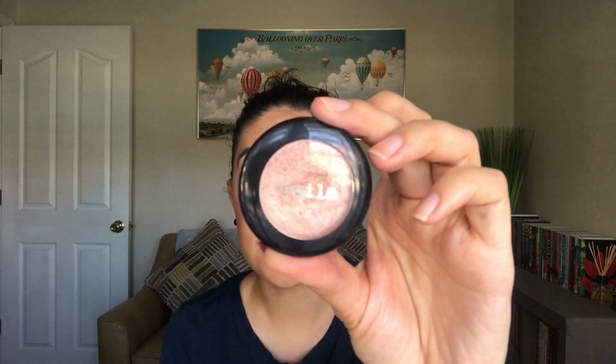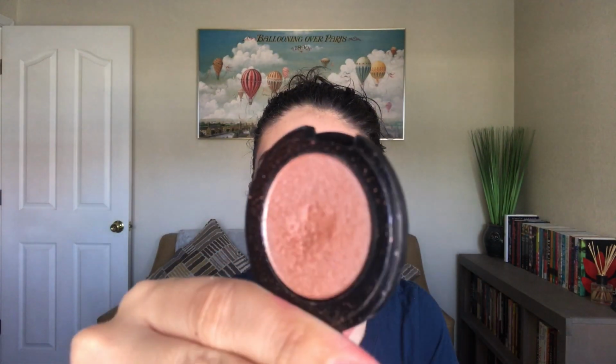Then I have another eyeshadow, and this one's from Stila. This one kind of did hurt a little bit because I purchased it a few months ago at TJ Maxx, and it's the Stila Eye Jewel Shadow in the color Golden Topaz. It's a very pretty eyeshadow, but I don't know if you guys can see, this has hard